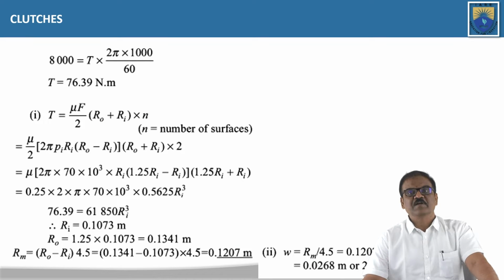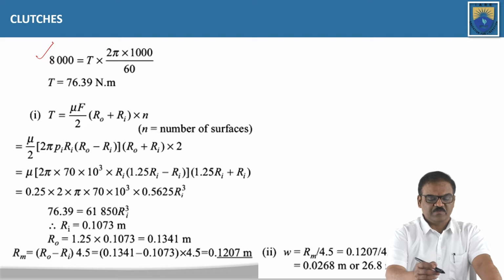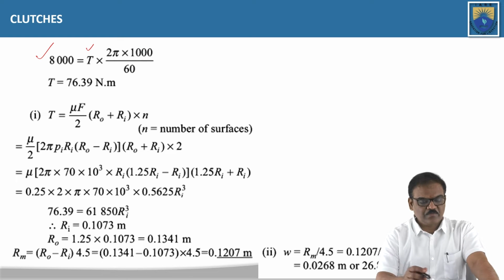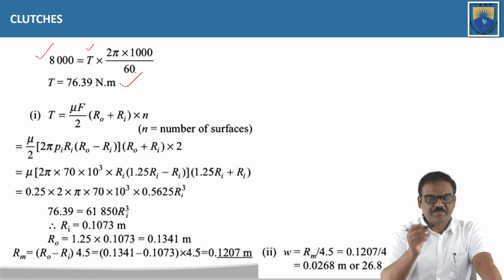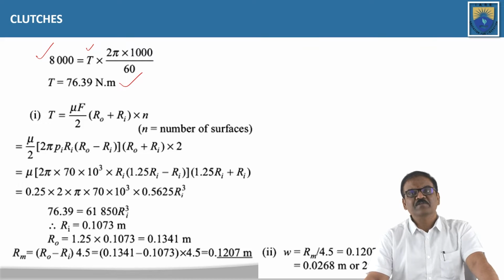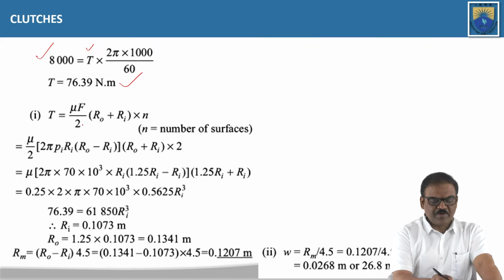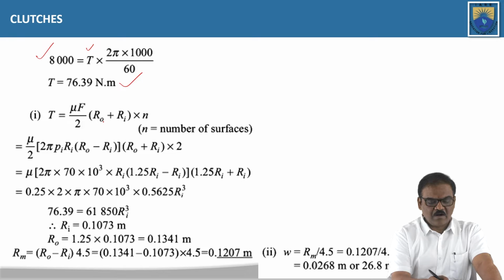Power transmitted is 8 kilowatts, so 8 into 1000 equals torque into omega, where omega is equal to 2 pi N by 60. Therefore, T is obtained. Using uniform wear theory, we have T is equal to mu F by 2 into (R outer plus R internal) into n,